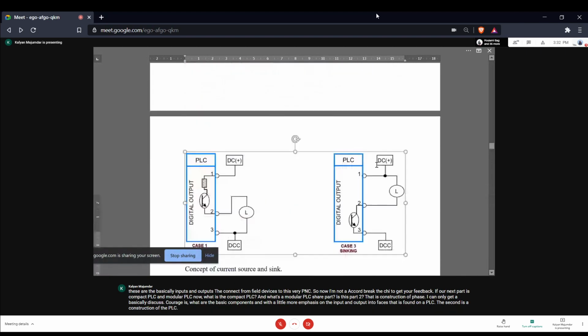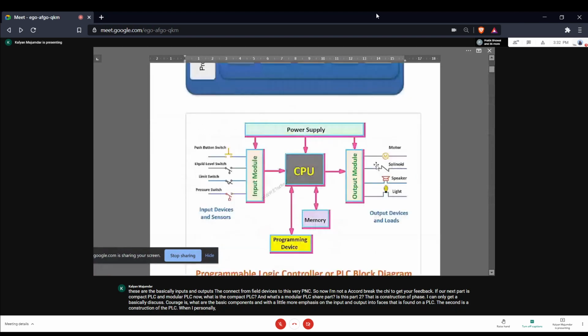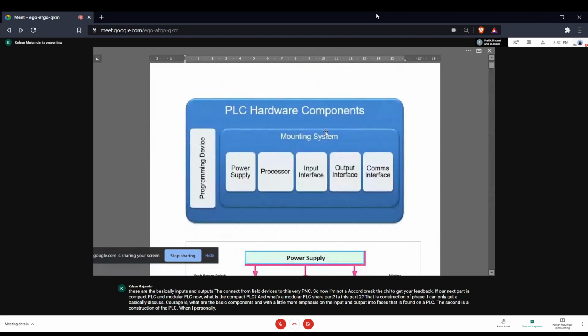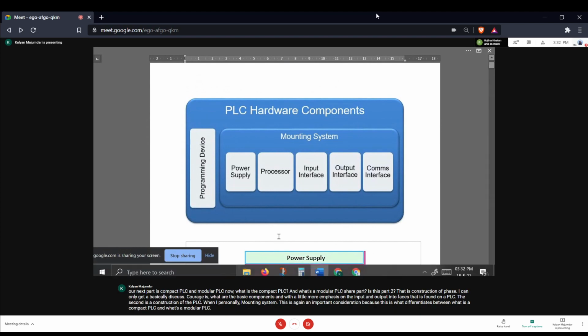মানে প্রথম যে ছবিটা দেখিয়েছিলাম, mounting system. This is again an important consideration because this is what differentiates between what is a compact PLC and what's a modular PLC. But before I go into that,